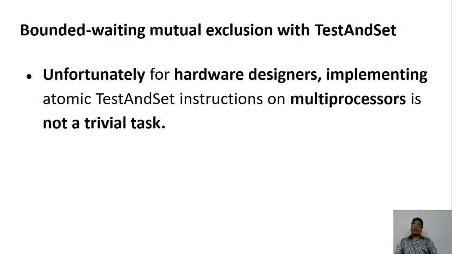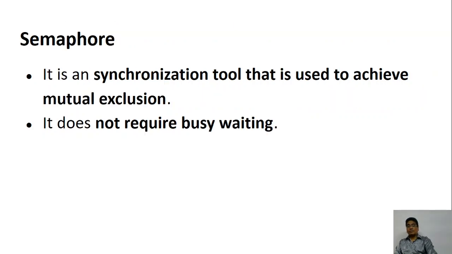However, even though when I tell you it is very simple and you can understand, it is not true in terms of the implementation. It is not a trivial task to implement such a thing. Now let's look at what is feasible, or what can be achieved in real life. In real life, what is achieved is a semaphore. A semaphore is a tool that can be used to achieve mutual exclusion. It removes the busy wait process.